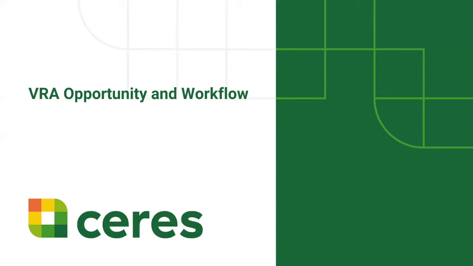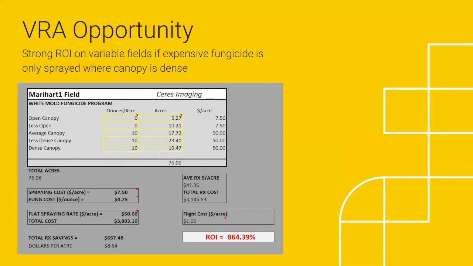Now, what's the opportunity here to take some action? Here's where it really gets interesting from the grower perspective. If we target fungicide applications on the best parts of the field, I have a real example here from one of my fields in western Minnesota. If we just run some numbers, in this case, we're looking at a more expensive fungicide called Endura. If we apply no fungicide on areas with open canopy to weak canopy, the acres tally up to about 15 or 16 acres. And you still have that